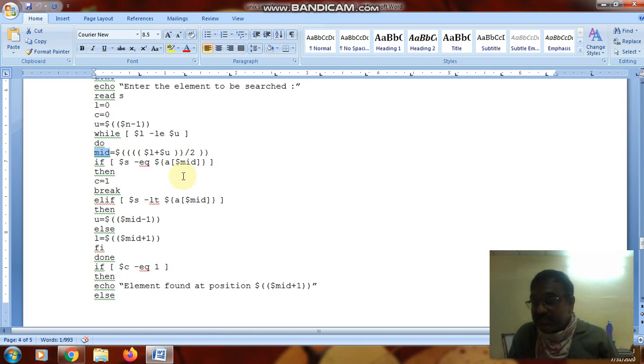Suppose the searching element is less than the middle value, then you verify the values on the left-hand side. Suppose the searching element is greater than the middle value, then you go to the right side of the middle పొజిషన్.